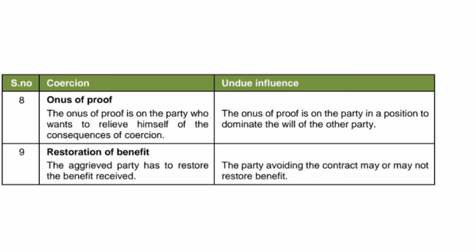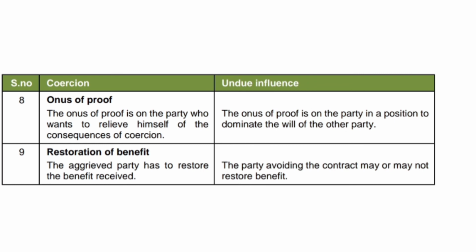Remember that the burden is going to lie on whom? Well, obviously A, because A is the one who is presumed to be in a dominant position. That is, A is the stronger party here and B is the weaker party. And since this is a case of undue influence, the burden of proof is going to lie on A. And what exactly do we mean that the burden lies on A? Well, we simply mean to say that the burden to disprove, that is, the burden of showing that the presumption can be rebutted in this particular case, is going to lie on A and not on B.